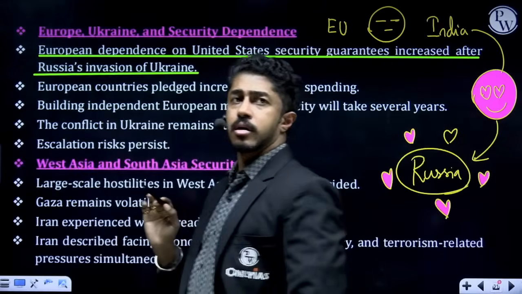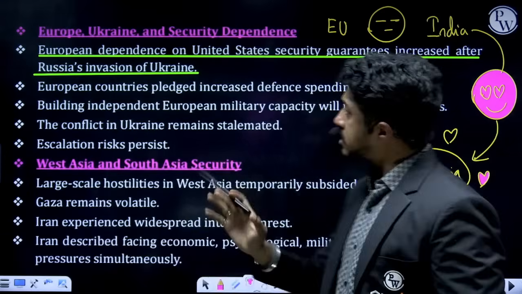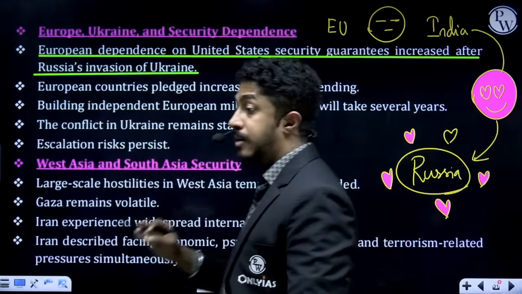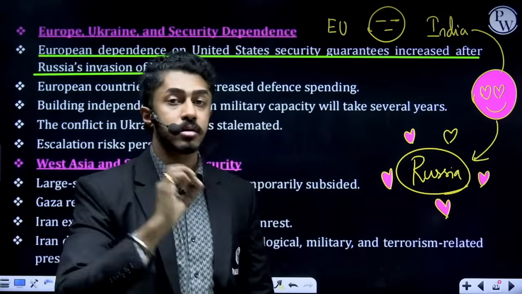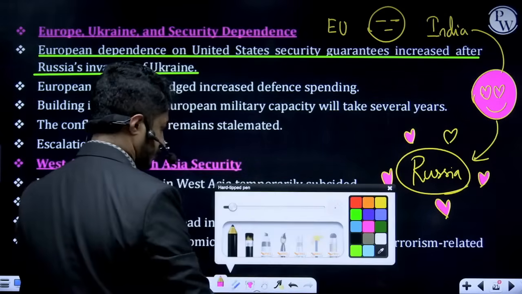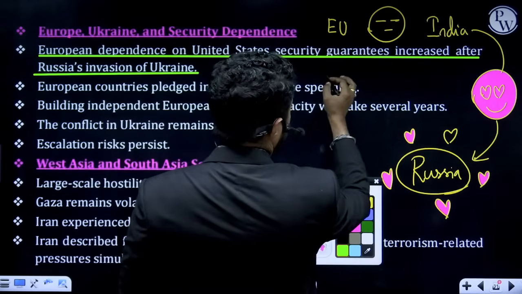Got the point here? This is the logic. So that is the reason why EU was always showing negativity. Little did they know that Trump will pull off his Greenland wala stunt. Now what has happened? Now it is like